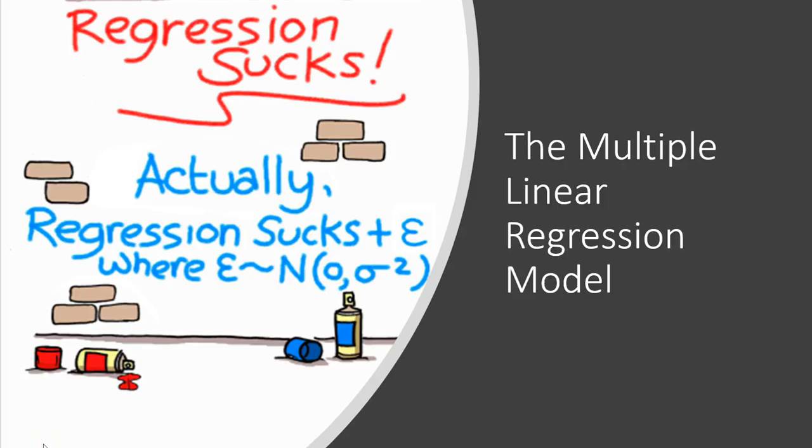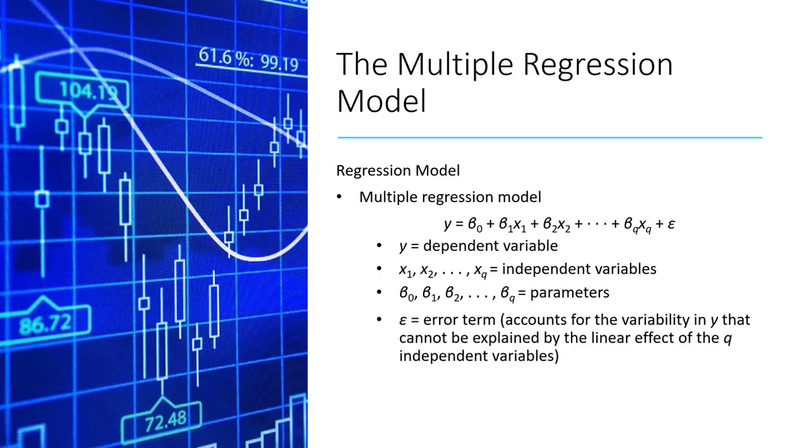So now we're going to move into the concept of multiple linear regression. This is where you can now have more than one predictor variable to predict what your outcome variable is going to be. So if we look at what the multiple linear regression model looks like, you see that we have our beta naught plus beta 1 x1 plus beta 2 x2 all the way to beta q xq